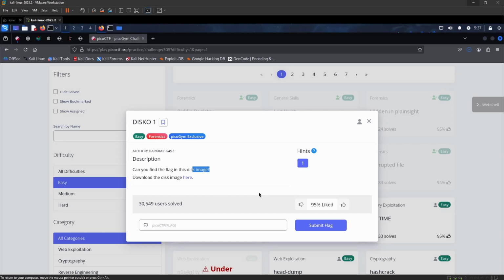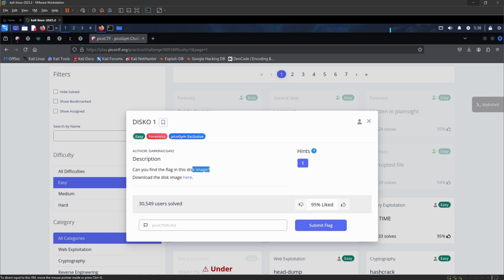Now, what do you understand by a disk image? Let's get a basic understanding. It's nothing but an exact snapshot of a disk at a particular moment in time. It's an exact copy of your disk, everything that is on your disk. It could be files, directories, different contents, all the metadata, the boot sector, everything that comes in that particular disk is in the disk image.